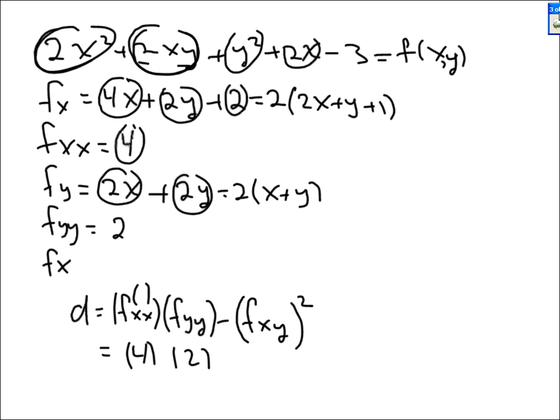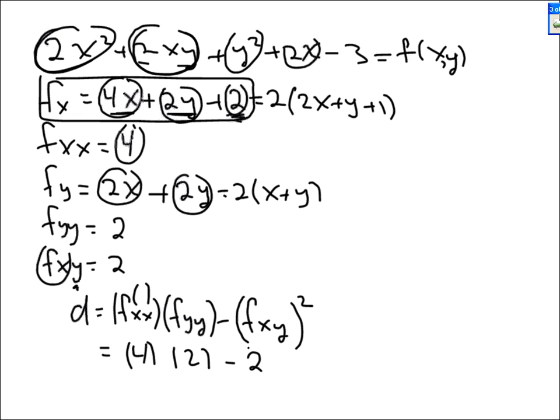Let's find f_xy. So first we find f_x, which is right here, and then we take the partial of that with respect to y. That's the constant. The partial of 2y is 2, plus that's the constant. It's just 2, minus 2 squared. So we have 8 minus 4, which is 4, which is positive. And since,